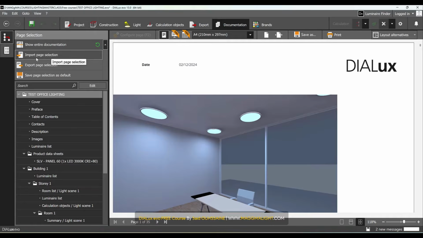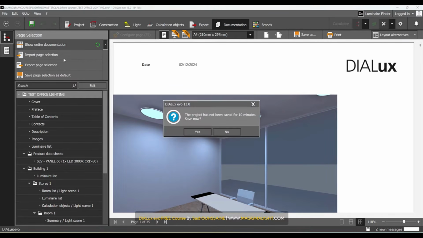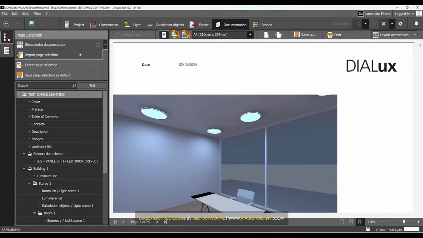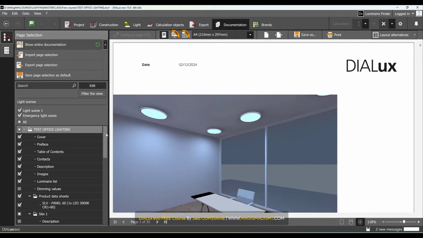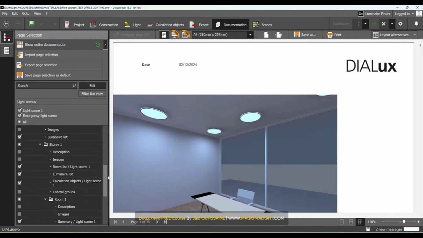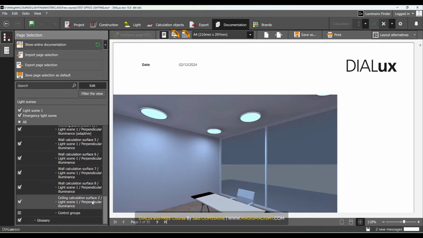We have here import page selection. If you have already a page selection saved in your computer, you can import it. You can export this selection, and then you can save page selection as default. If we click on this edit, we will be able to include or exclude any element in this